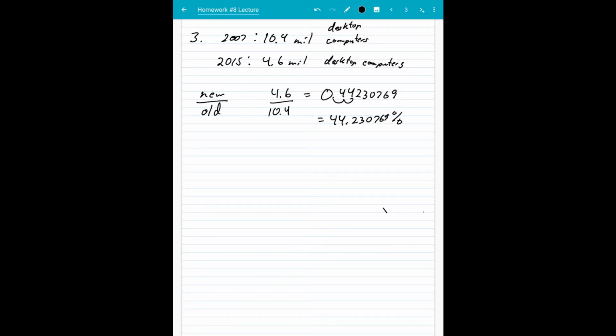To find the percent increase or decrease, we need to look at that 100%. Last one, we subtracted 100% from the 185. We did 185 minus 100%, and that gave us an 85% increase, right? That was the last problem. This problem, what we want to do is subtract this number from 100% because this represents a percentage of the original. So we need to find out how much was lost. This only represents a fraction of it. How much was lost? So we would do 100% minus 44.230769%. And that gives us